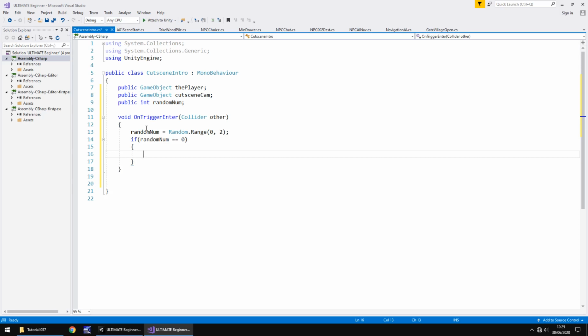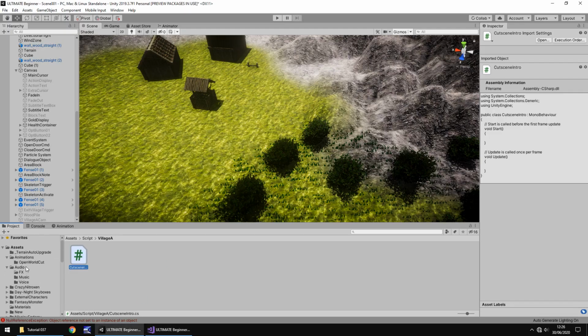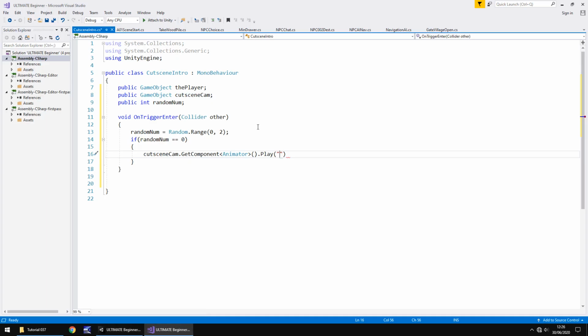And all we're going to do is have cut scene cam dot get component animator open close bracket dot play, and then brackets and quotes the name of that animation. So I'm going to copy the name of the animation so I don't misspell it. So we'll take that one. So let's copy that name, place it here, close bracket, and semicolon. Next thing, let's copy that again and say if it's equal to 1, then we play the other